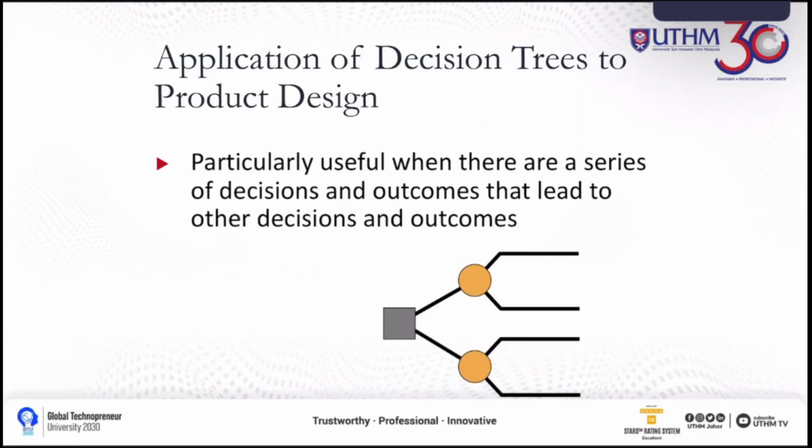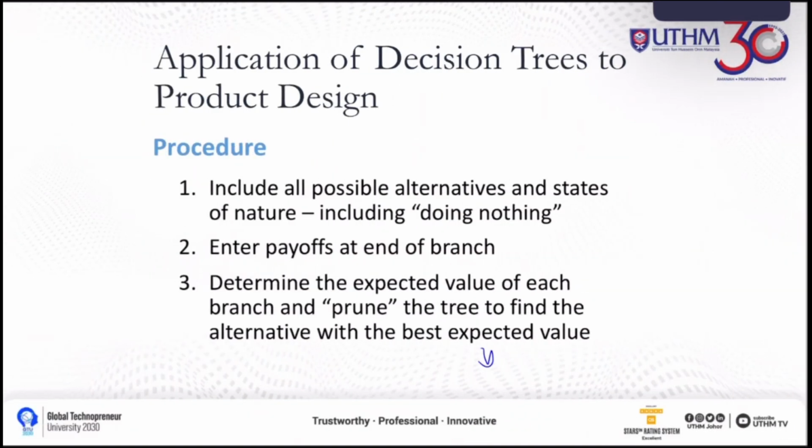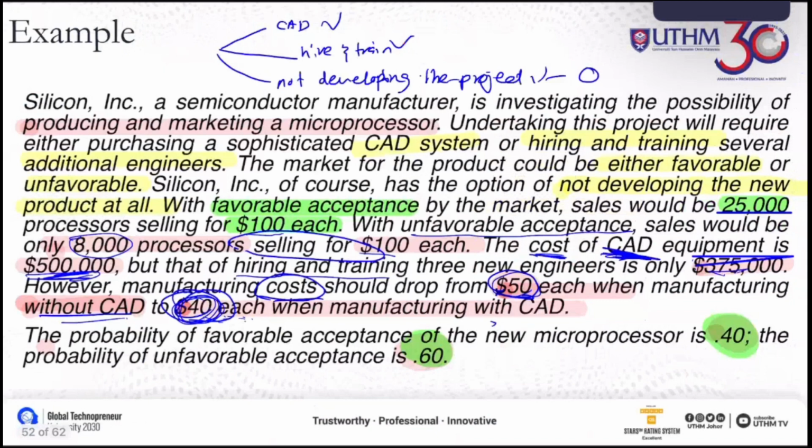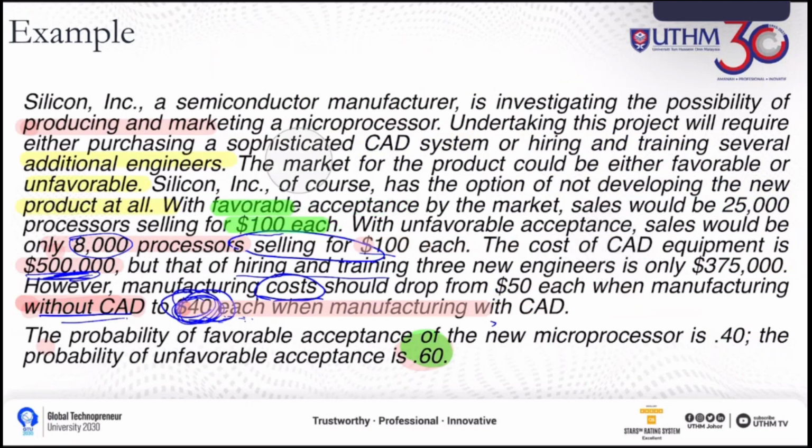Okay, the last one would be the application of the decision tree in product design. So this is like the calculation part of this chapter. So we look into this example. If you look here, it's a long explanation. So this company is a semiconductor manufacturer. So they produce semiconductors. Their project right now is whether they will need to buy the CAD system,